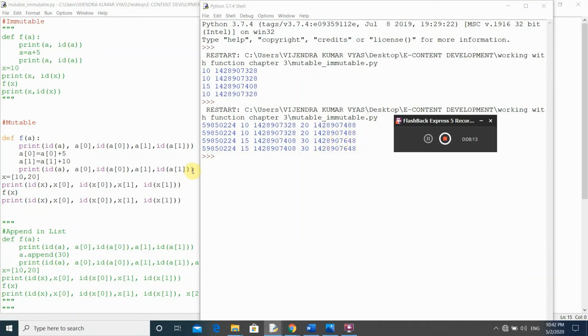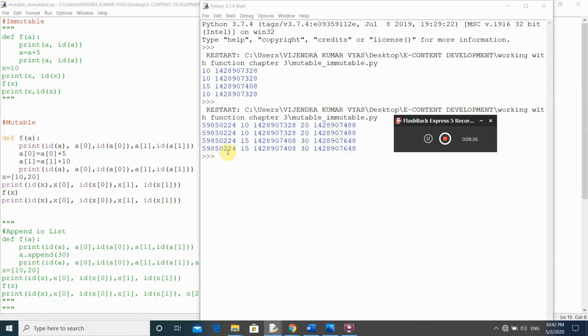Now after executing this statement, it goes to the last print statement, and here we again check the address of x as well as the value of x of 0, address of x of 0, value of x of 1, and address of x of 1.